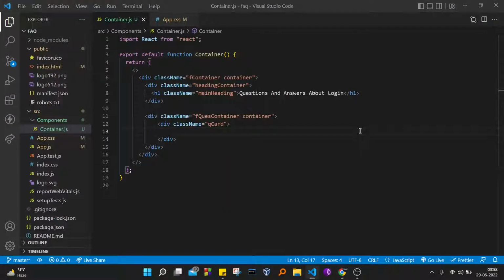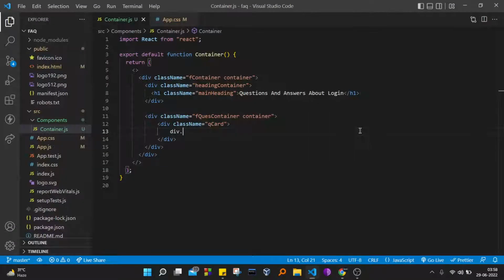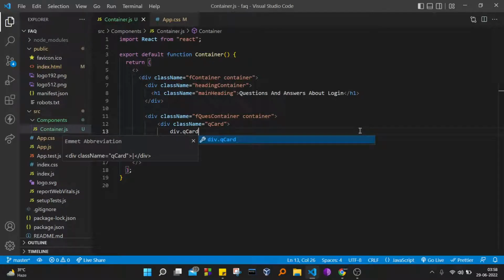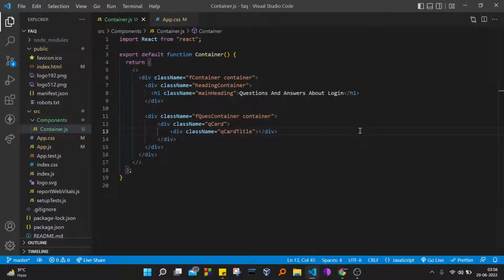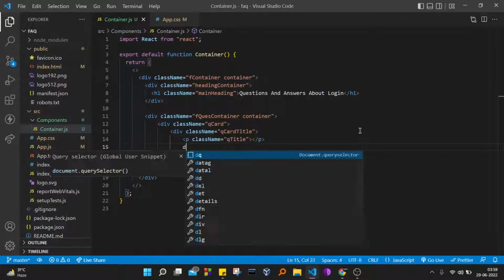And inside this question card we're gonna have two things. First is a div, div dot question card title, where we're going to have a p tag where the class name goes with q title, okay. And then we're gonna have another thing over here that's gonna be an icon. So div dot